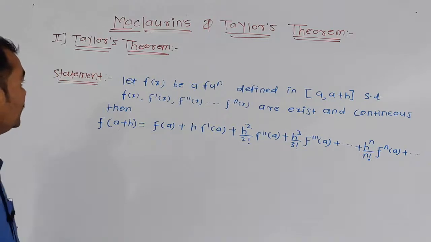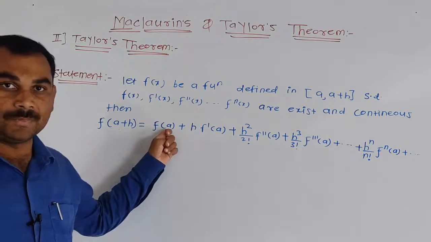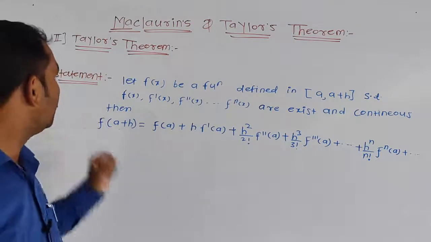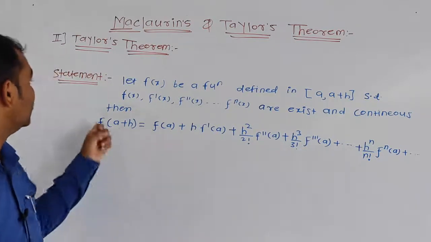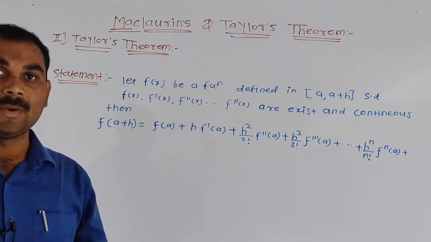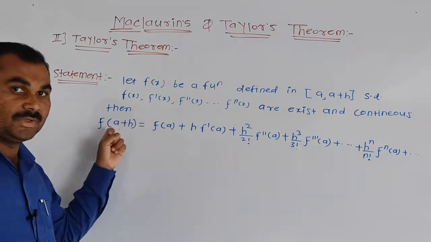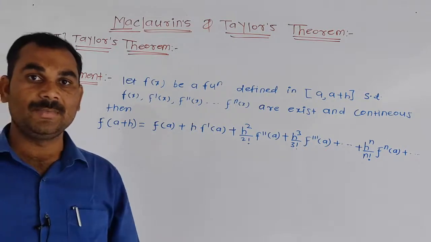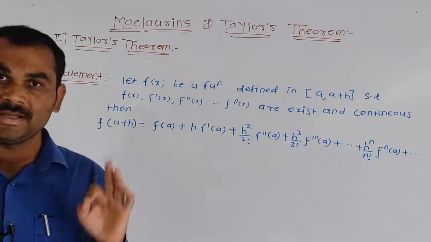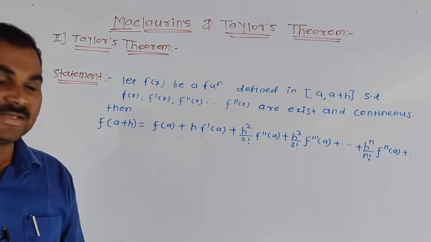Now the difference between the Taylor and Maclaurin series. In the Maclaurin series, the value of a is 0. We can define the Maclaurin series with the help of Taylor's theorem. The Maclaurin series is a Taylor series about the origin. That is, put a is equal to 0 and we get the same Maclaurin series. So the Taylor series is about the point a and the Maclaurin series is about the point 0. This is the basic difference.